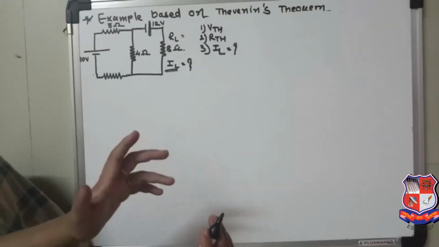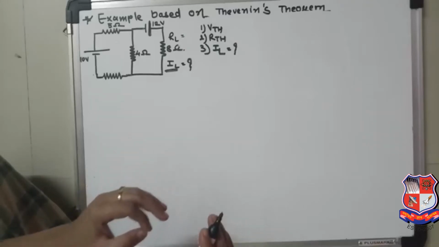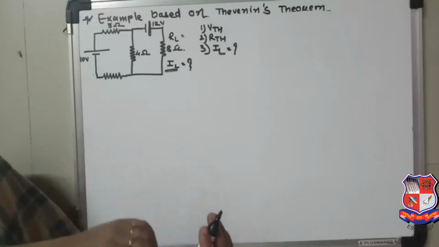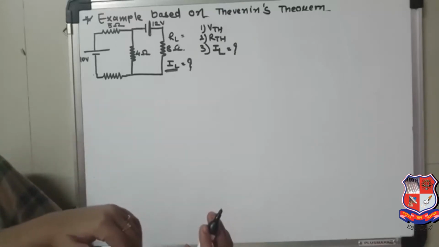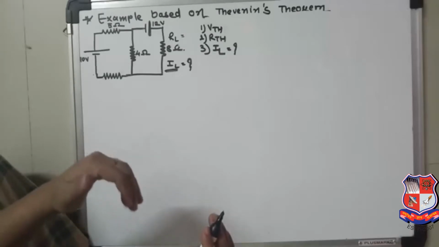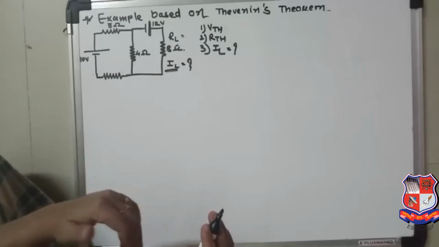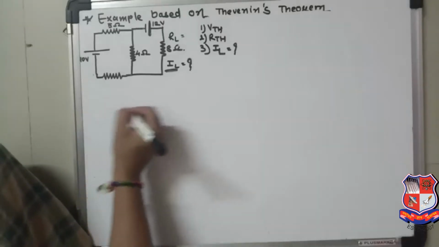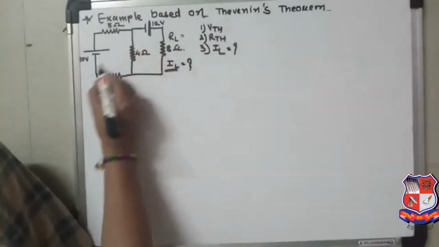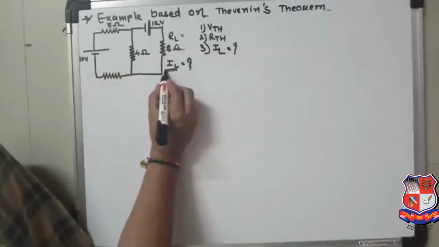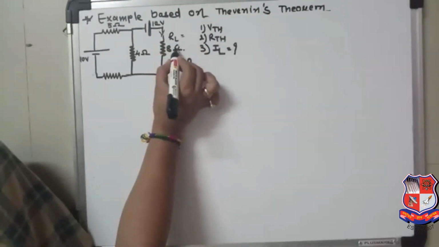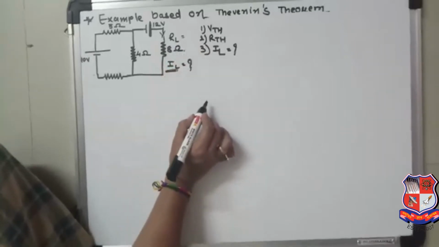Now what is the application or use of Thevenin theorem? The Thevenin theorem is particularly applied to find the magnitude and direction of the current flowing through a component, element or any resistance of interest. Now let's take one example. Here a simple network is given having two voltage sources. Suppose you are asked to find the value of the current passing through the load resistance of 8 ohm by using the Thevenin theorem.